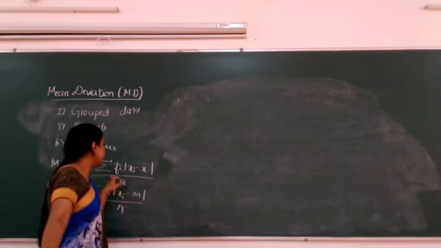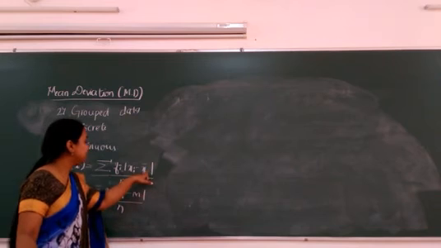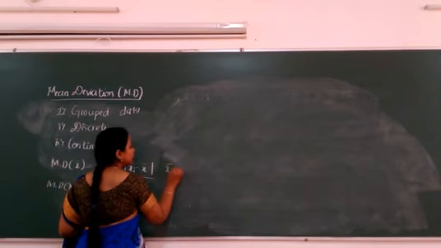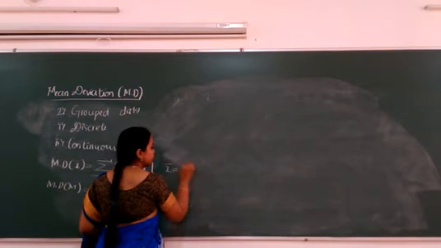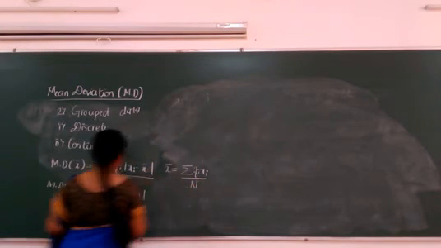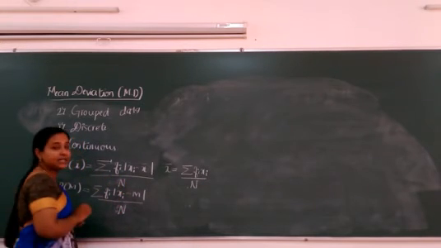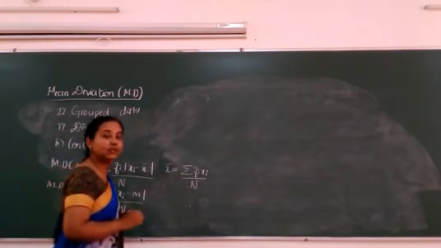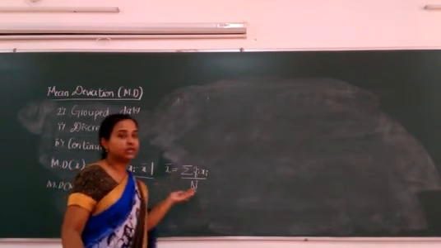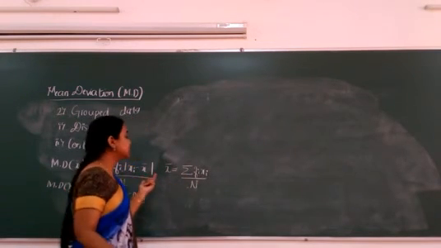Okay, so now this we have written, but there is one more hidden formula which you should know: the mean formula and median formula. So what is the mean for grouped data? It is nothing but summation of fi into xi divided by capital N. Here also it is capital N. What is this capital N? Capital N is the total frequency. There we have small n which denotes the total number of terms. Here capital N indicates the total frequency. Okay, so now this is your mean.